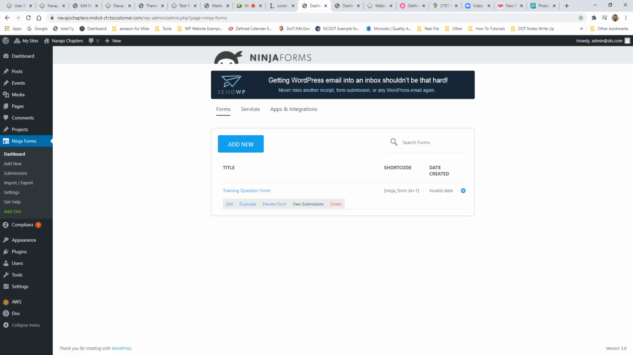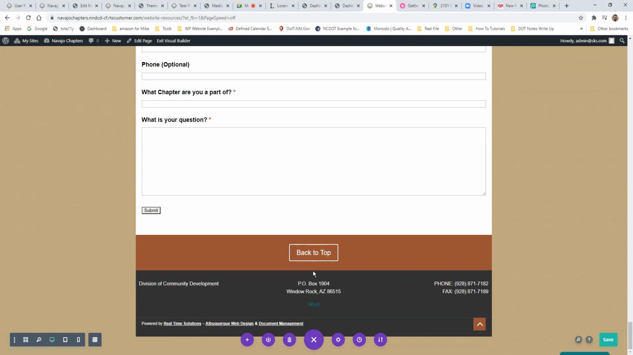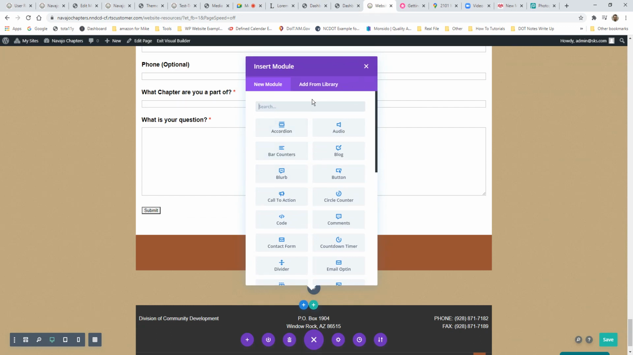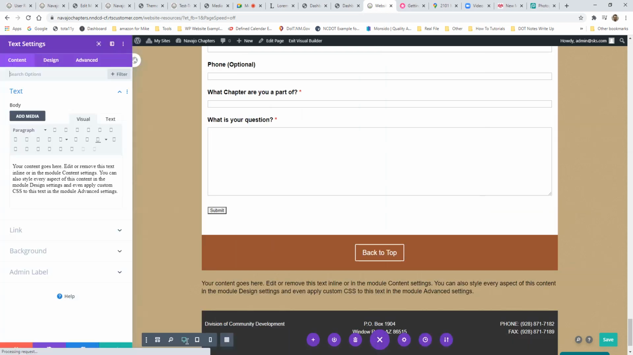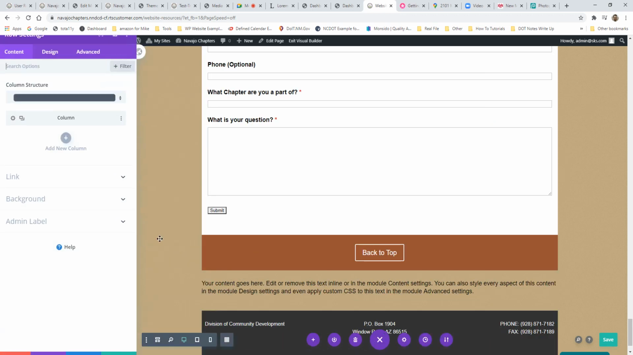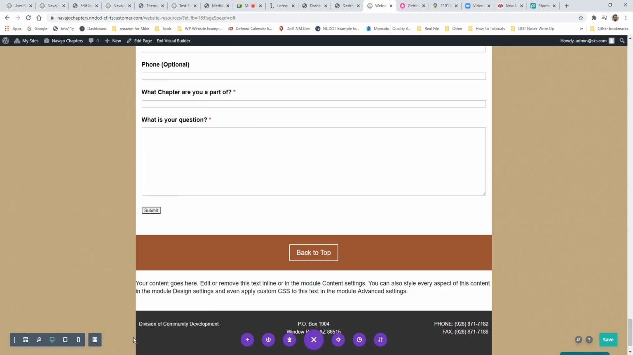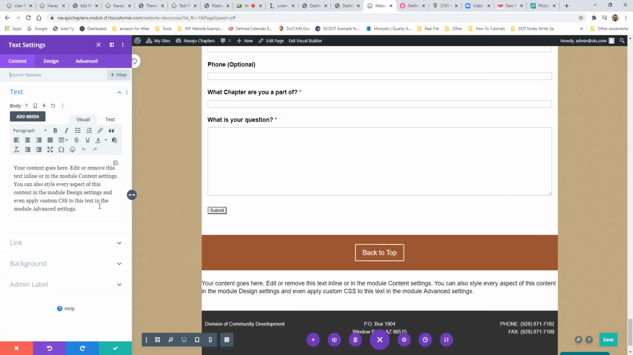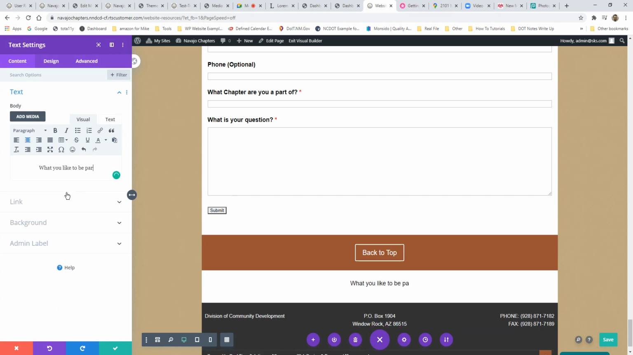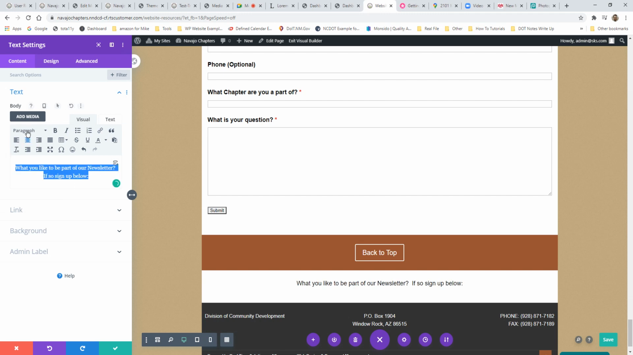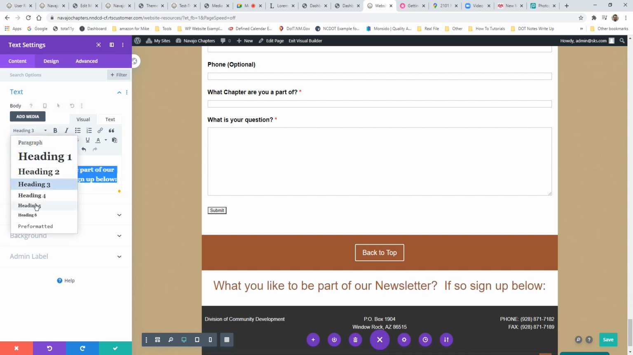Now I'm going to come over here. And let's say this was the page. I have the visual builder enabled. What I would do is first I'm going to add a text module, and the background isn't exactly what I want it to be, so I would go in here and change the background to white, and then I might center this in the middle, and it says like, would you like to be part of our newsletter? If so, sign up below, something like that. I might change this to a heading like, heading 3 is a little too big, maybe heading 5,